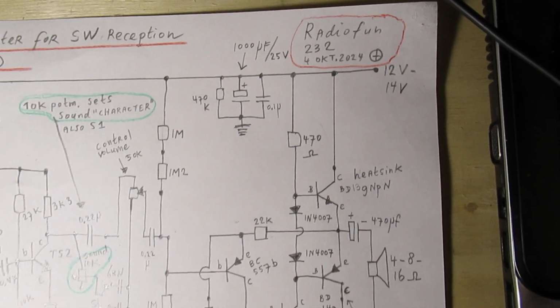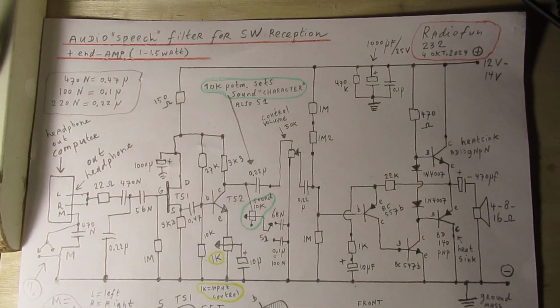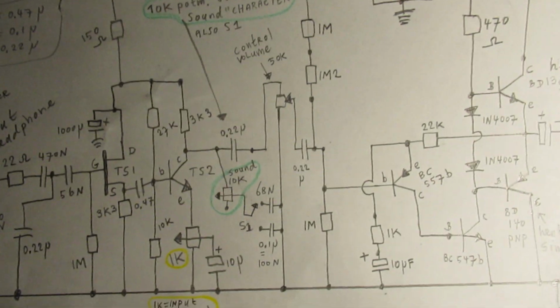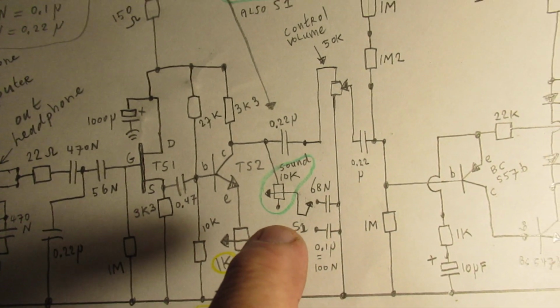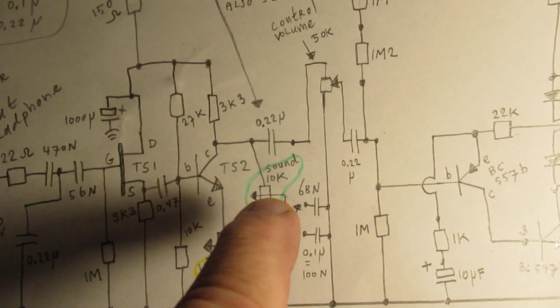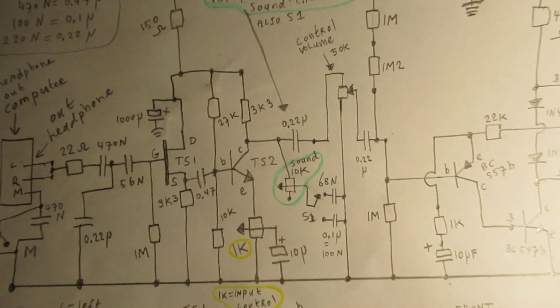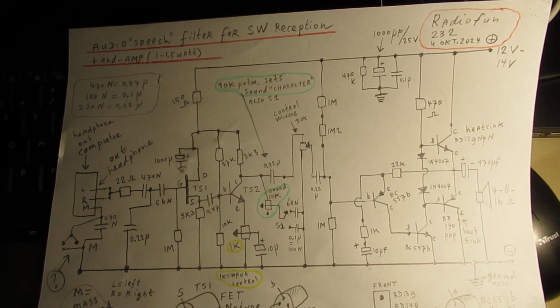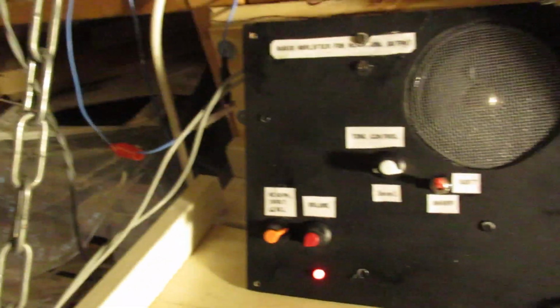Furthermore, the audio amp is more or less classical. And well, the filter unit is here. This is the filter unit here. So here the buffer stage, here the filter unit, and we have here a potentiometer of 10 kilo ohms, two capacitors that have an effect on the sound, and the whole idea in this case was to make shortwave sounds very good, intelligible. So that was more or less all.